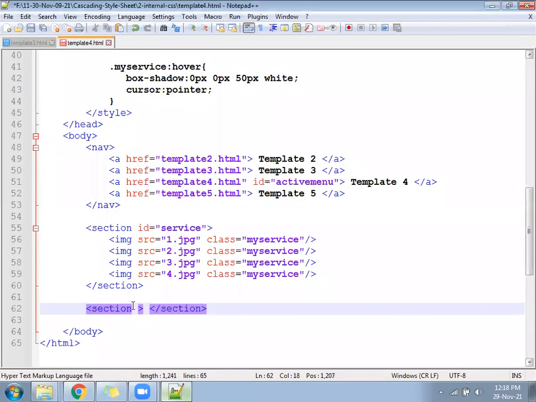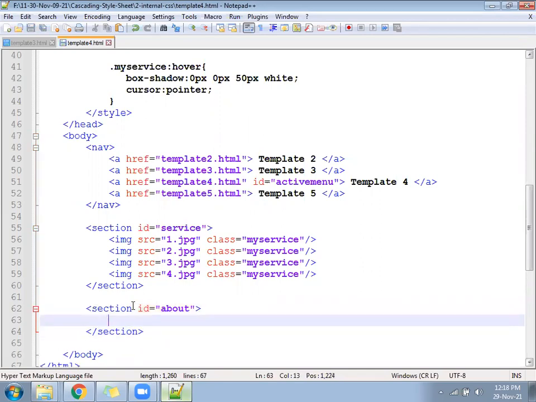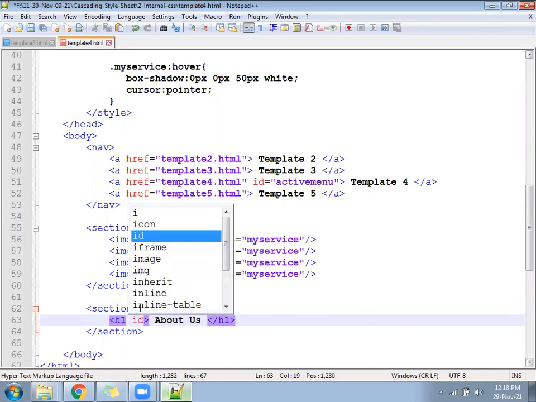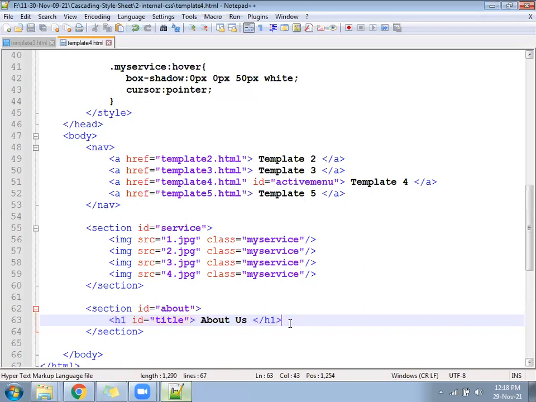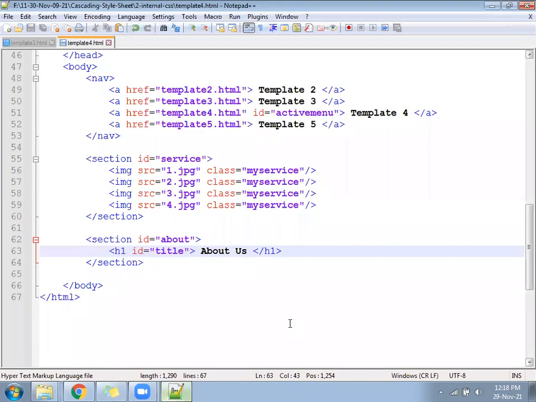In this you give ID equal to about. And in that we can add an H1, about us. For this you can write an ID for title, ID as a title.